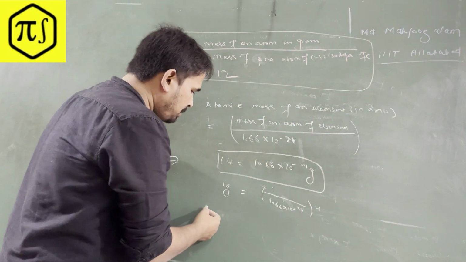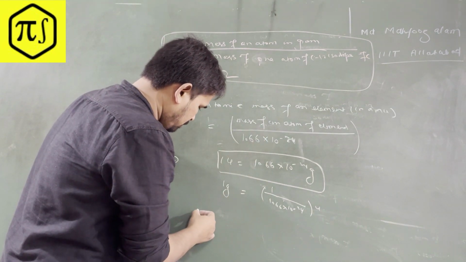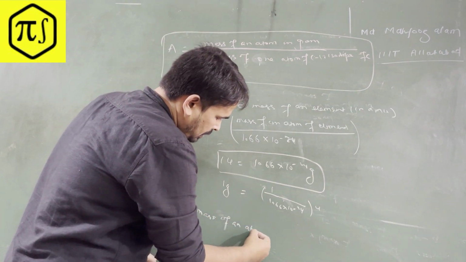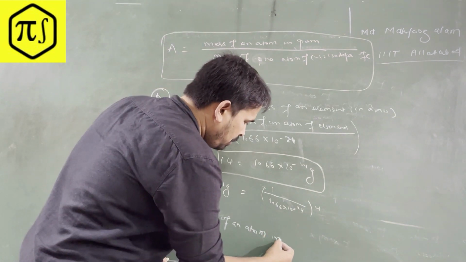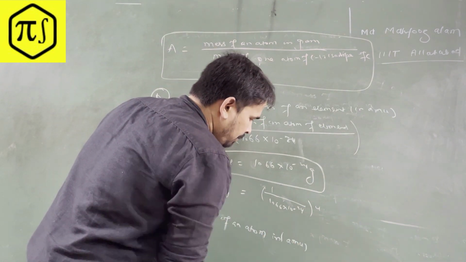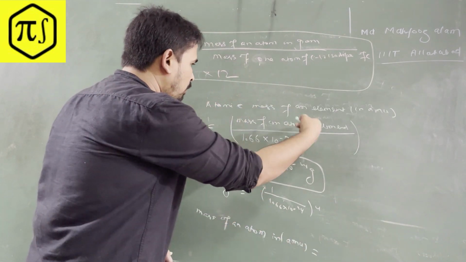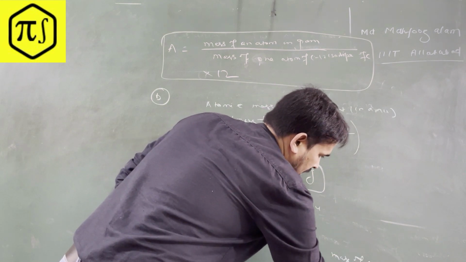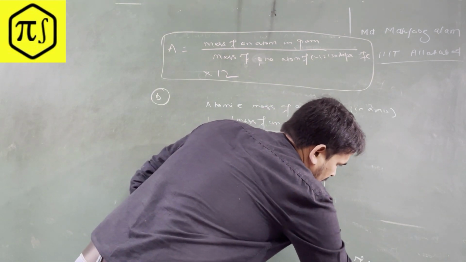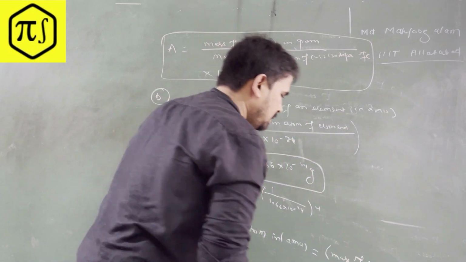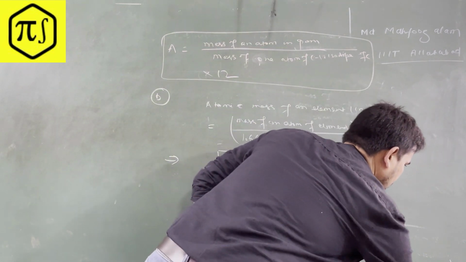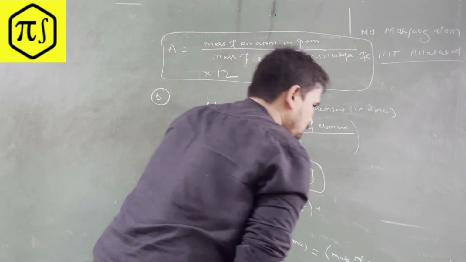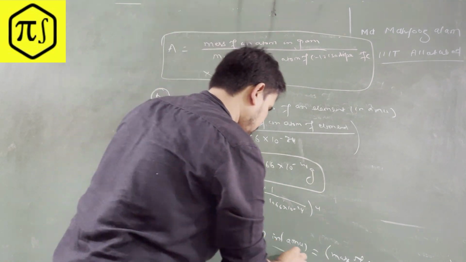So this one, let's say mass of atom is M. So you need the mass of an atom in AMU. How can you convert? AMU will be what? In 1 gram, whatever the mass of atom in gram is given, you can tell the mass of an atom in gram, right, into 1 by 1.66 into 10 to the power minus 24, right? So this is the one thing actually.